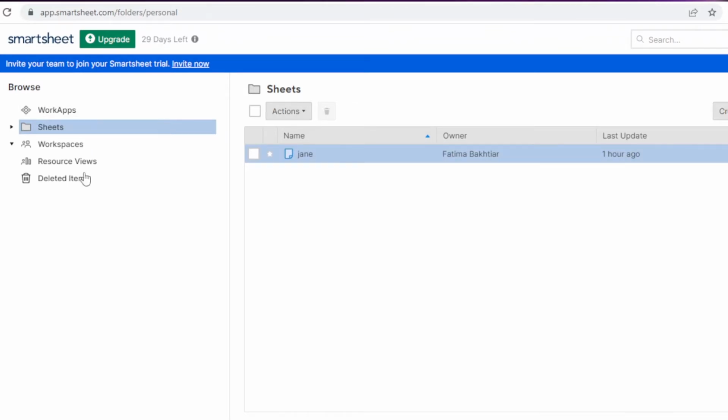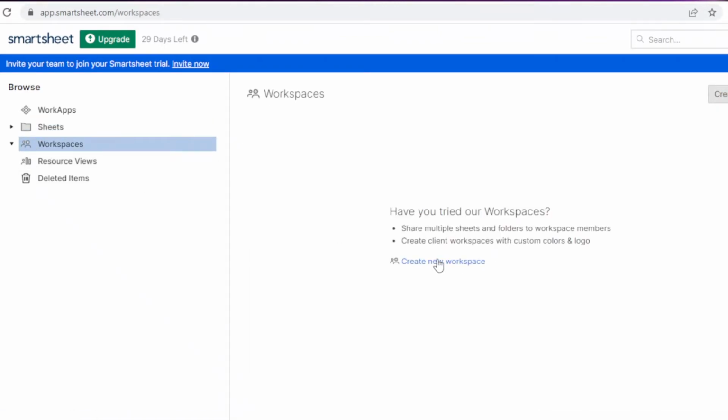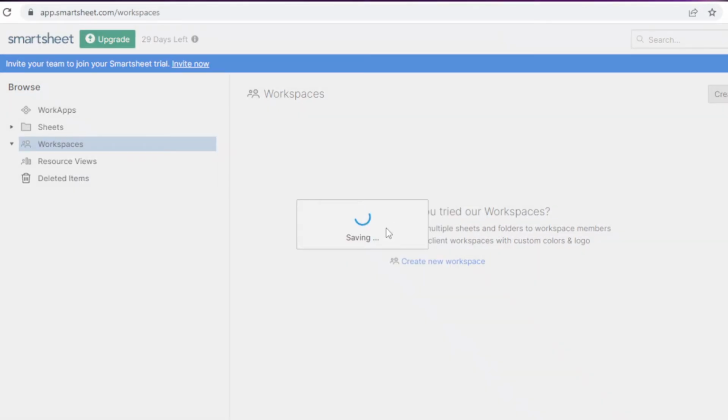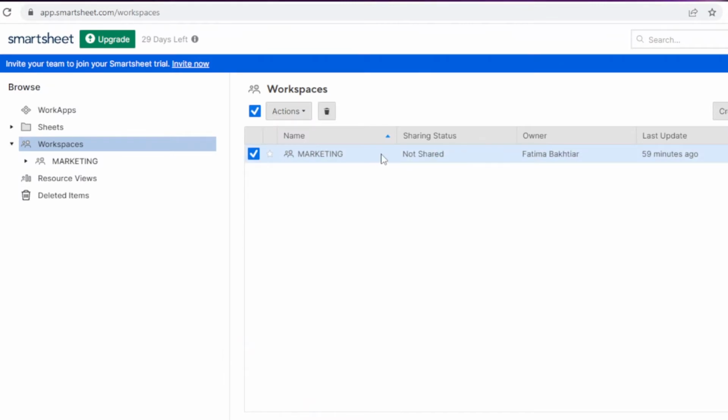So that is why Smartsheet is so good to use. You can see in Smartsheet they have this categorization system between sheets, workspaces, and resource views. You can post items in resource views for everyone in the team to access, and then you can create different workspaces. You can click on create new workspace, let's say marketing, and all people related to marketing can join this workspace. You can send them an invite link, and then all the marketing work can happen within this